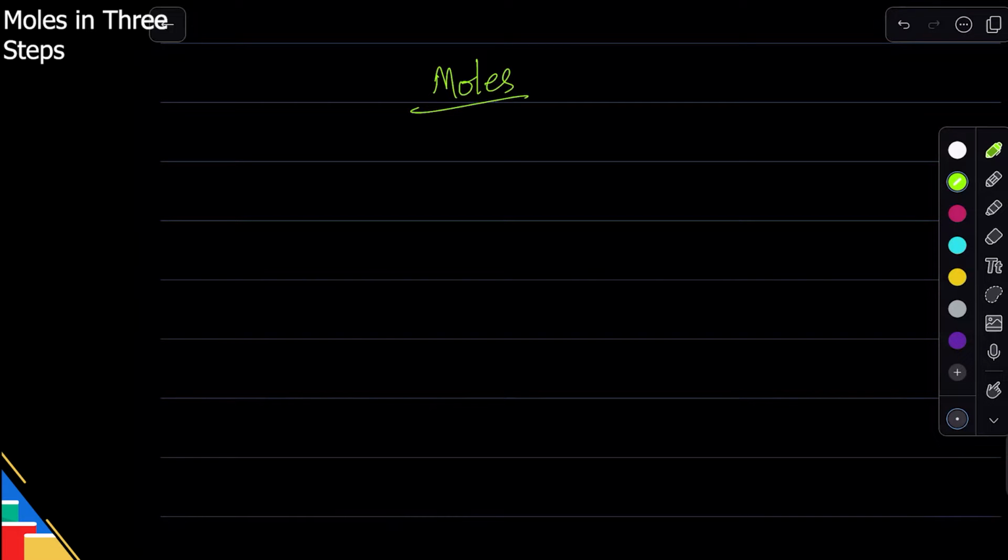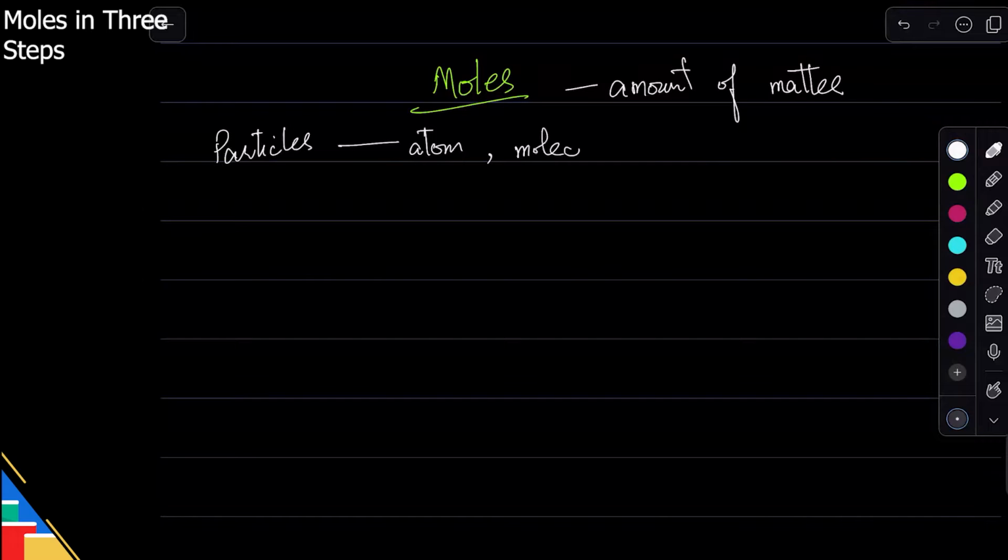Now, in moles, the first idea, why do we use it, is because we need a standard way to deal with amount of matter. So mole is the SI unit of amount of matter. We want one way to count how many atoms or how many particles there are. When I say particles, I'm being clever because I'm using the same word for atom, molecule, ion, formula unit,